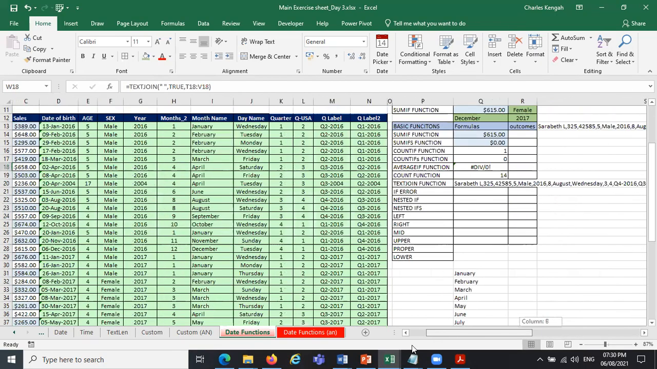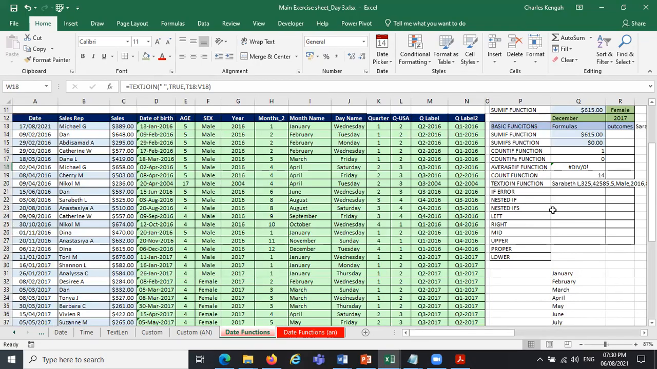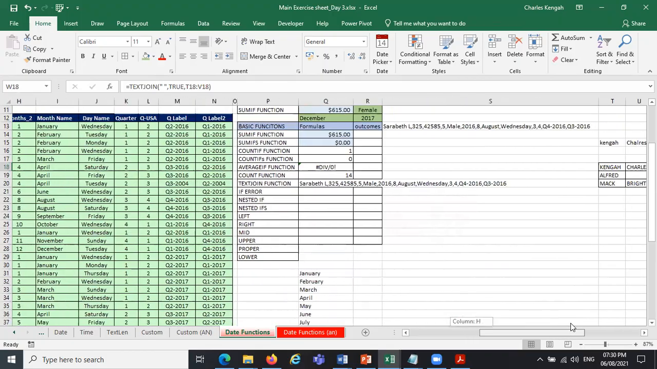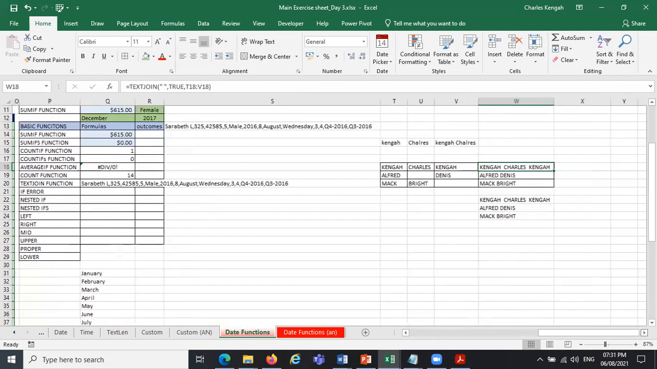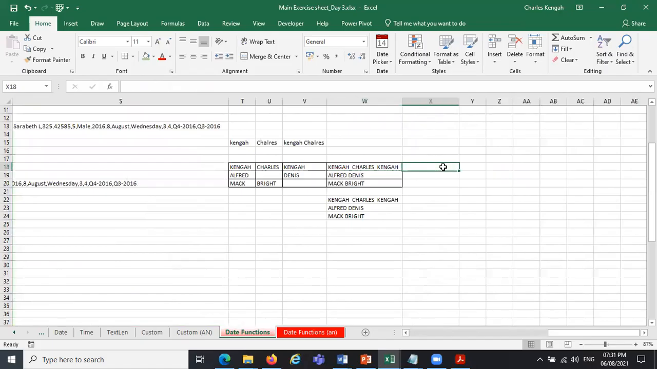Yeah, so that's the TEXTJOIN function. Then for those that are not having TEXTJOIN, for those that are having lower version of Excel, you use the CONCATENATE, because CONCATENATE is also in the lower version of Excel. If you don't have, but at the end, I will share with you a link where if you have internet,